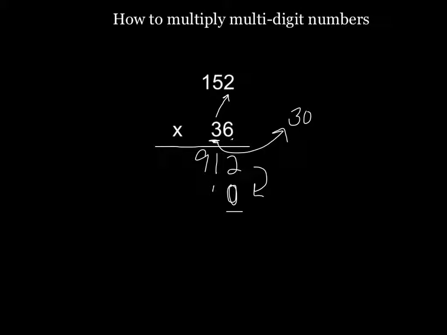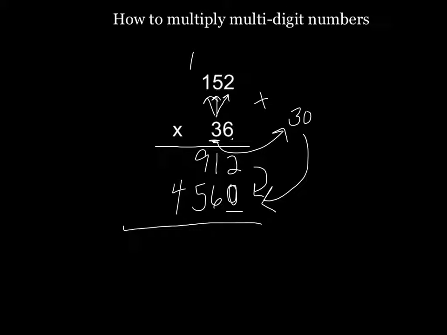3 times 2 is 6, which is the same as 30 times 2, which equals 60. Now I'm going to go to the next place value, 3 times 5, which is 15. Carry the 1. And notice this is the same as 30 times 50, which is 1,500. And the last place value, 3 times 1, is 3, plus 1 is 4. Because there are no other numbers in the hundreds place value or above the 3, I'm going to stop here